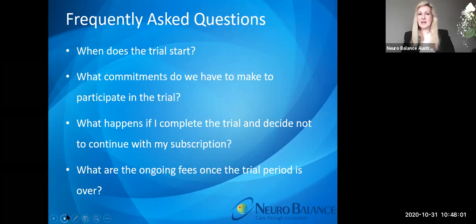What commitments do you have to make? All we're asking for is for you to sign up, use the technology, and use it with your patients. We do give you an opportunity to test it with family and friends before you actually use it with your patients, just so that you're really familiar with it as well. And do use it for the period of 4 months, at the end of which we will be giving you basically a Survey Monkey, asking you for feedback and responding to any questions that we've got.